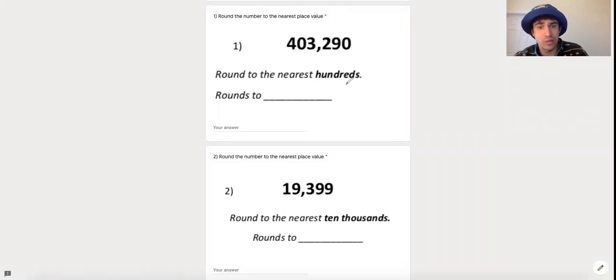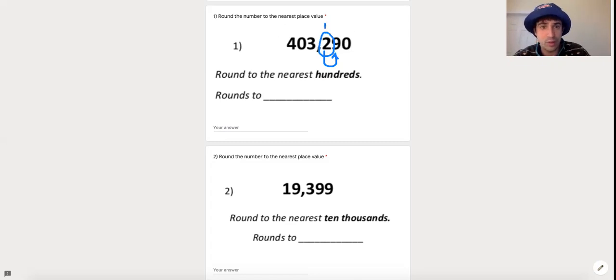403,290 to the nearest hundreds place, which means I'm going to circle my digit in the hundreds, which is this 2-digit here. I'm going to draw an arrow next door to my tens place, which is the 9-digit. Now I'm going to ask myself, is 9, the pointed digit, greater than 5 or less than 5? If it's greater than 5, I round up. And if it's less than 5, I round down. So it's greater than 5, 9's bigger than 5, so I round up, which means I should add a 1